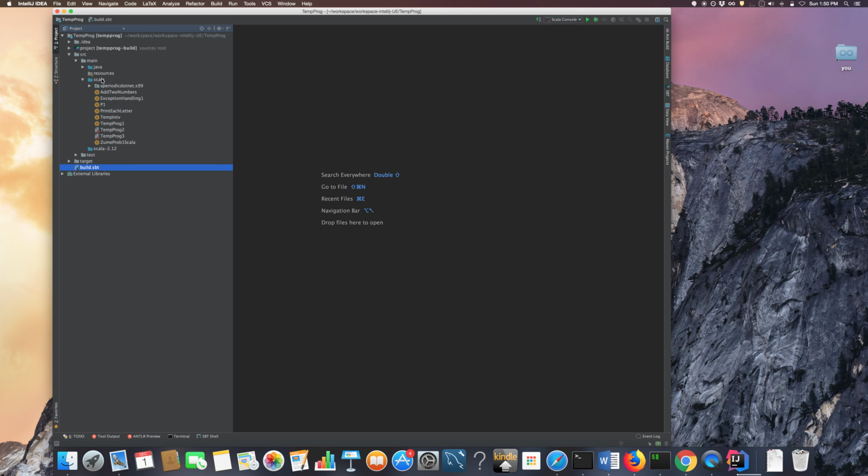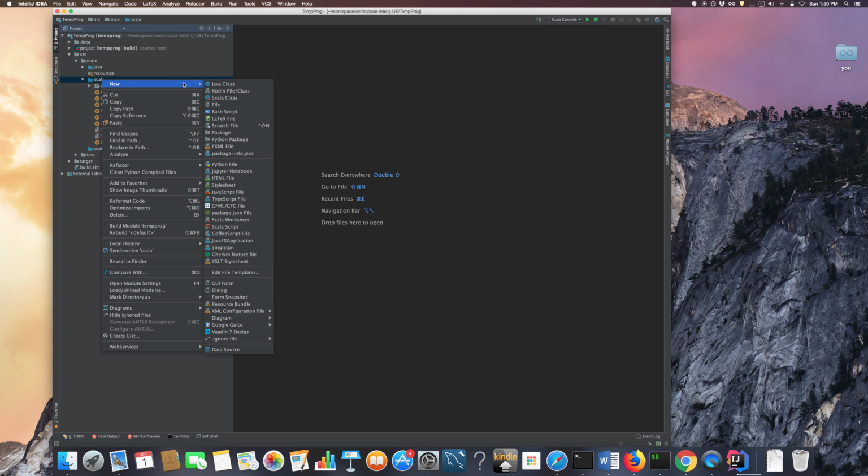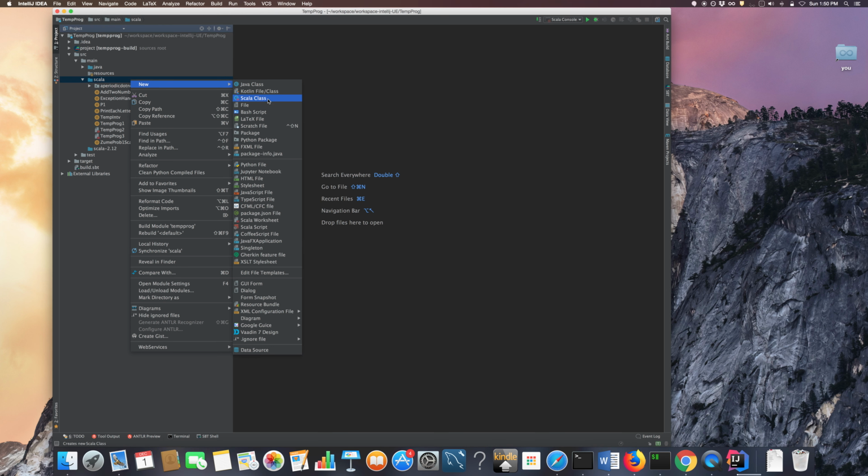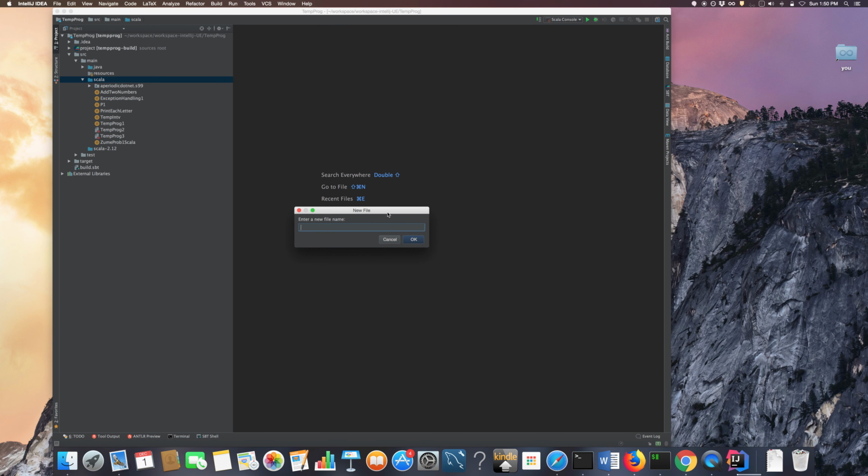I'm just going to create one simple program here. I want to create a Scala object. The interesting thing is that if you see the right click there, you only see the class. This is some limitation with this IDE: you only see Scala class, you don't see Scala object or trait or anything like that. But for this version, you just need to remember to click here, Scala class, and then once you